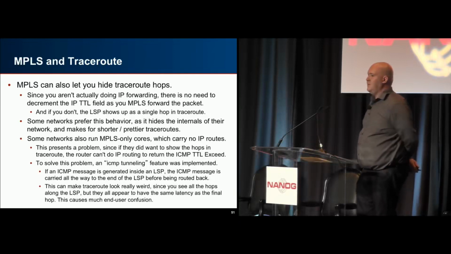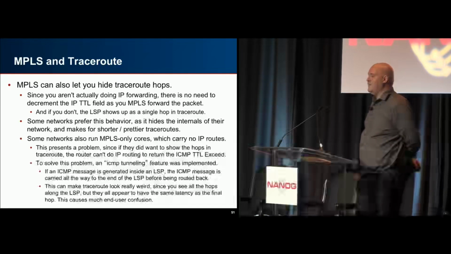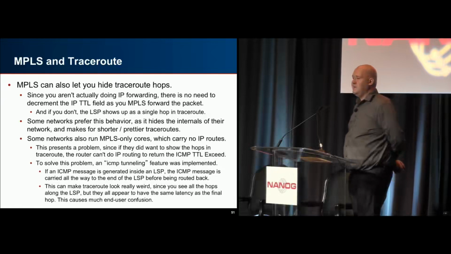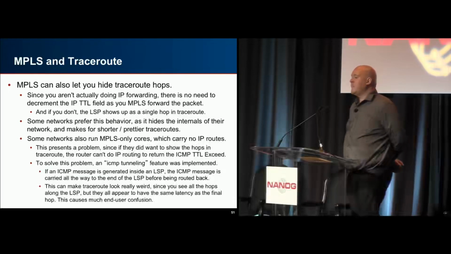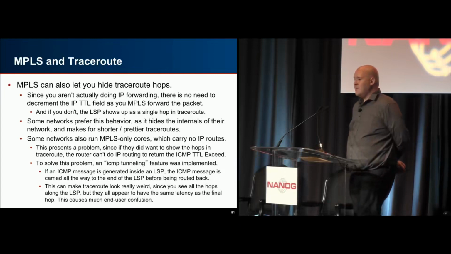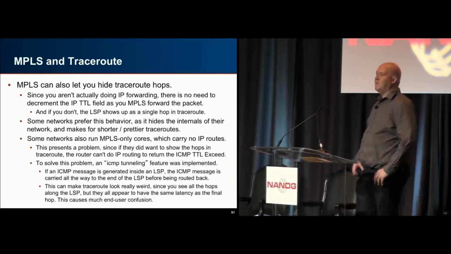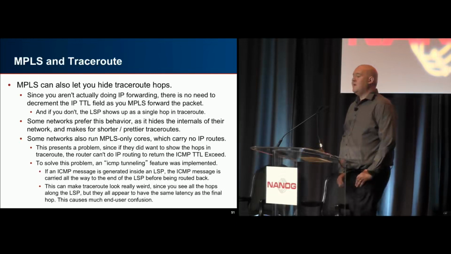But since you didn't actually forward it, you don't have to decrement the TTL, and so you can make an LSP show up as a single hop. You can hide all the hops that happen inside your network, and some networks actually prefer this because it hides the internals and keeps people from trying to DDoS the middle of their network. Another reason you'll see this is that some networks will run MPLS-only cores, which carry no IP routes. Remember I said the advantage there is you get to build these cheaper core boxes that don't need full tables. Well, the problem there is what happens when you do try to